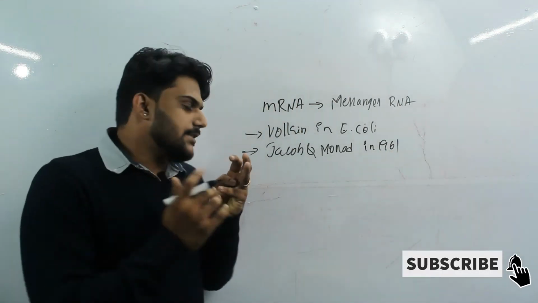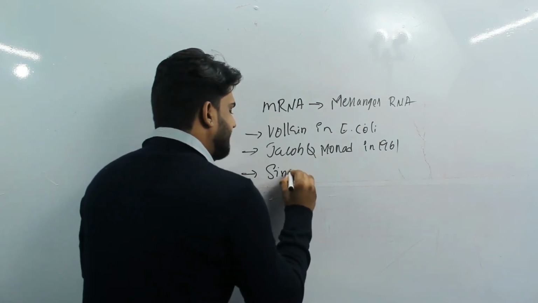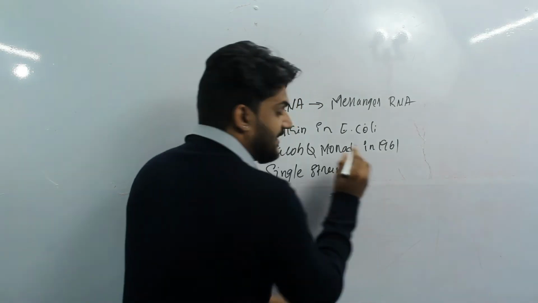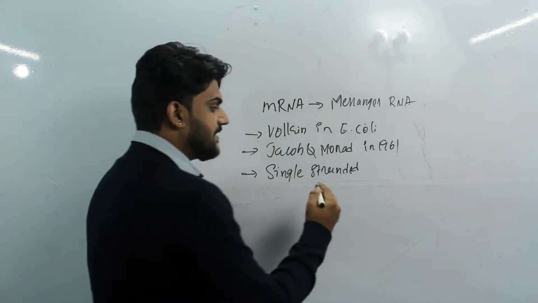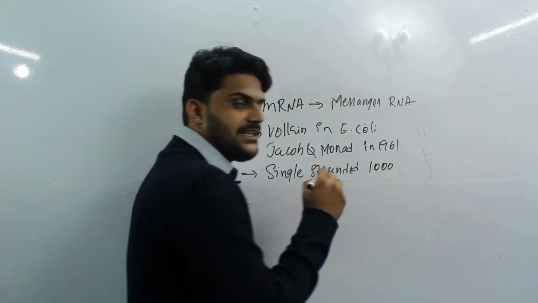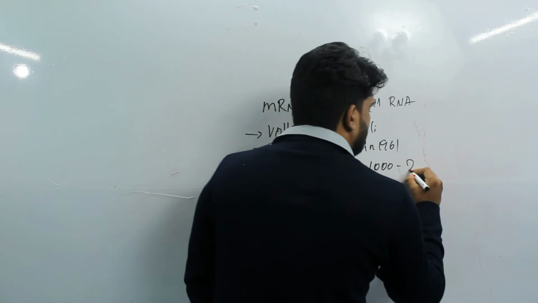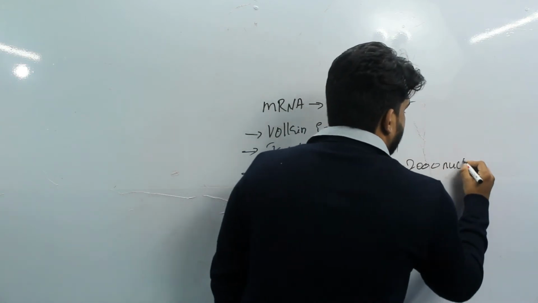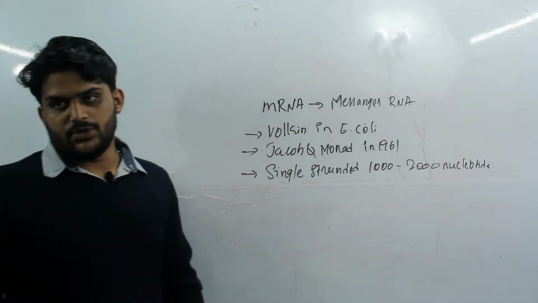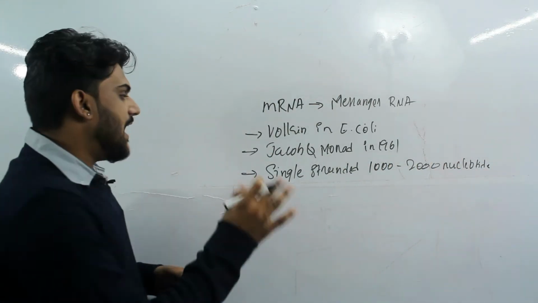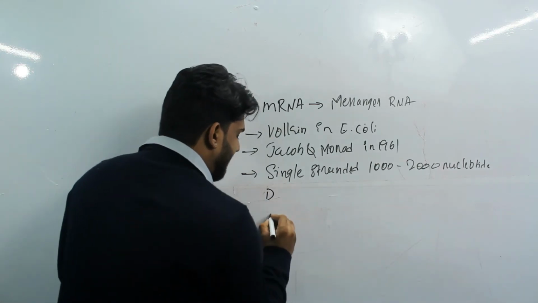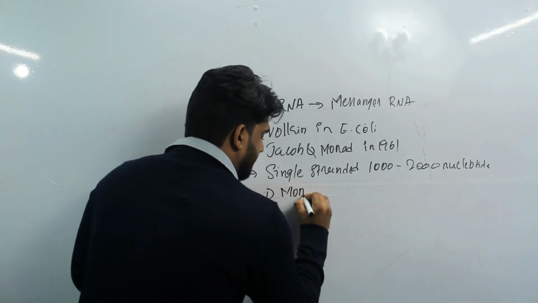This is mainly a single stranded structure with around 1000 to 2000 nucleotides. It has 1000 to 2000 nucleotides approximately. It has also been divided into 2 types mainly. The 2 types are, one is monocistronic,